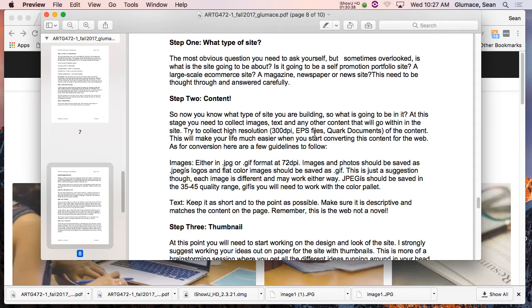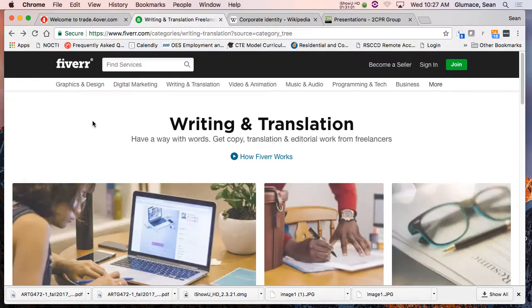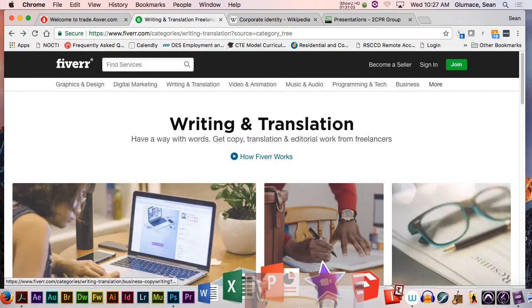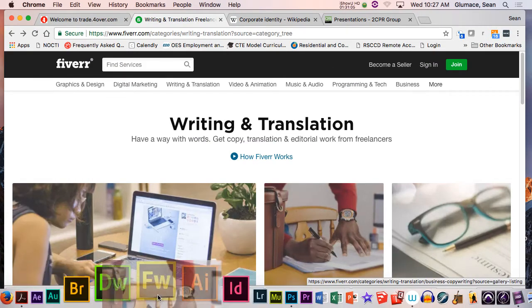Now it's digital. So we work at 72 DPI, but what I suggest is pull everything at high resolution. So if you're asking a client for something, don't have them send you something they pulled off the internet. If they took photos off their phone or off a digital camera, you want the original files. You want the biggest stuff we can work with because we can always scale down. We can't scale up.